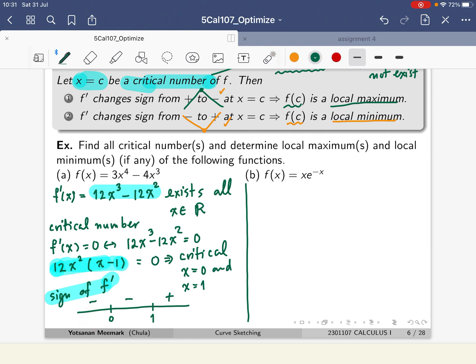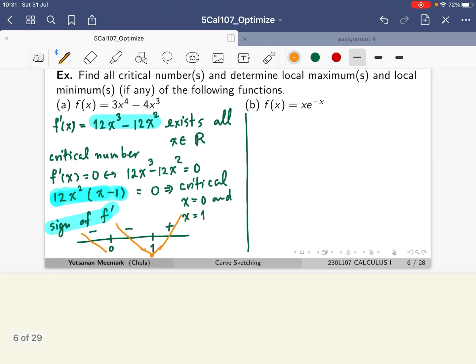Okay, so it means that on this interval your graph is going down, this one is still going down, but then it changes to go up at this point. So it means that at this point you have a valley, right? But you have no hill. So it means that here your f,